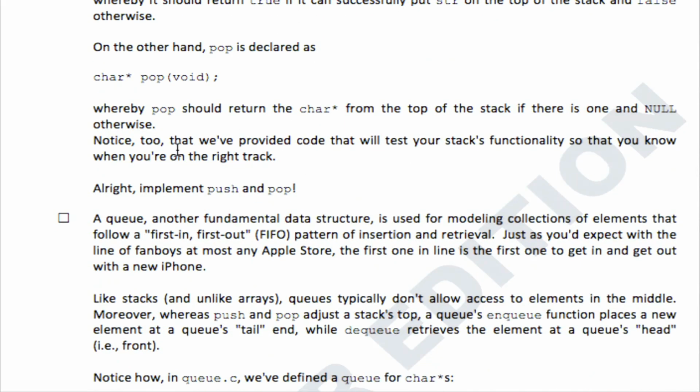So we've provided code that will test your stack's functionality. Implement push and pop. Okay, so this will not be a lot of code. Actually, before we do that, a hint: